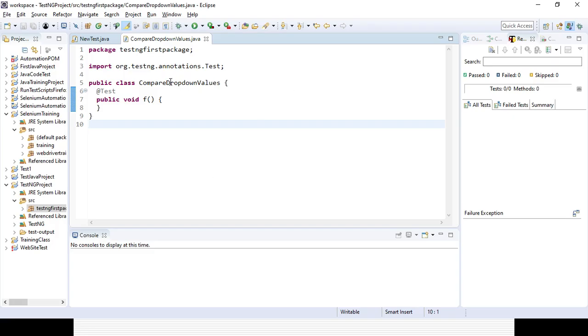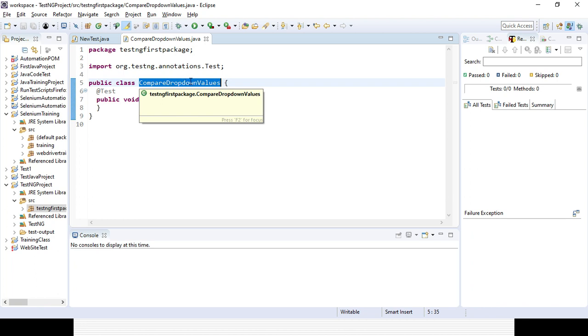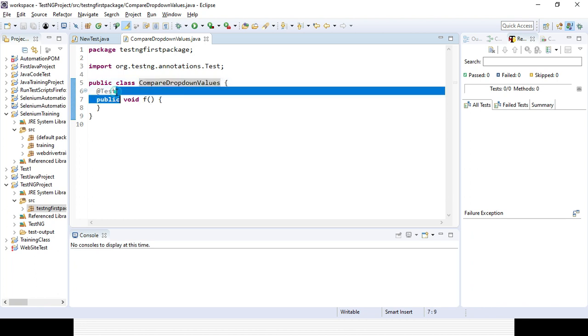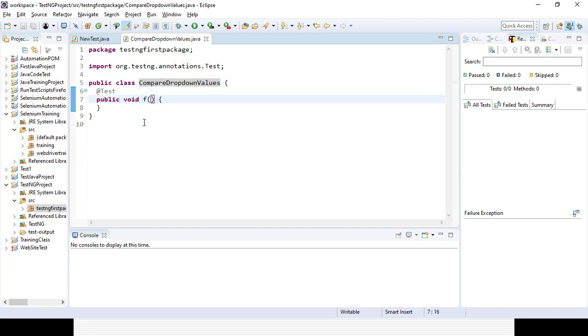I already created a TestNG class, CompareDropDownValues. The @Test annotation is already displayed here, and a method is created by default. I am changing the method name to validateDropDownList. That's the method name I am giving. So here I need to first,